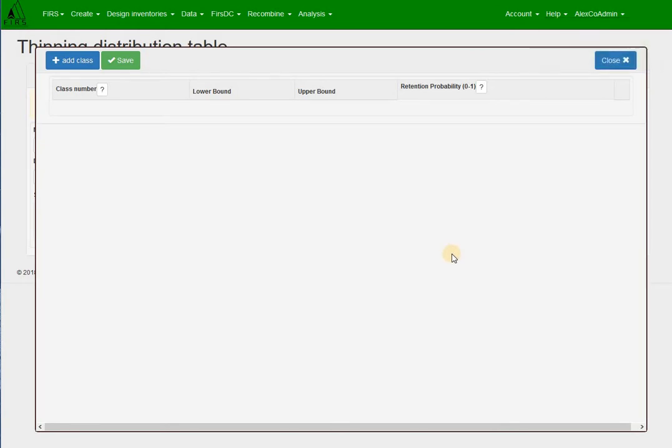As with other tables in FIRS, the first choice the user must make is the compromise between how much entry time it consumes and what level of control they wish to exert over the detail of the data. I'm going to simply add 5 classes for this tutorial, but it's probably recommended to add 8 to 10 for a better reflection of thinning selection. Click the Add Class button